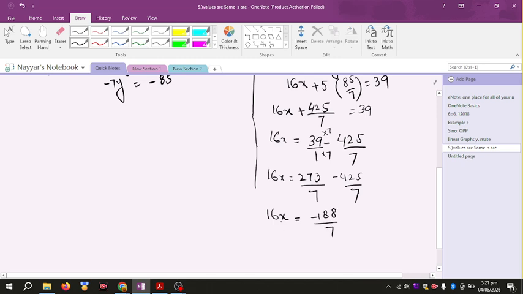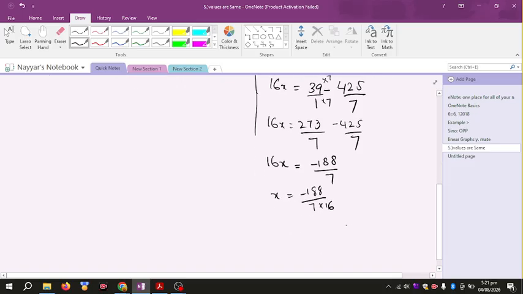Okay, so you can see that this 16 is multiplying with x. So when we move it to the other side, it will be divided. And here we are already having 7. So this 16 will be multiplied with this 7. So what is 16 times 7? 112. Okay, now we can